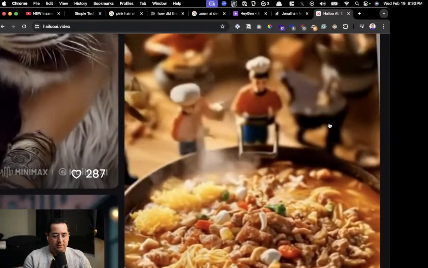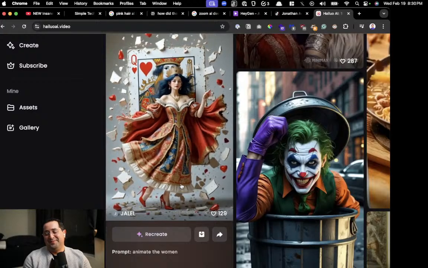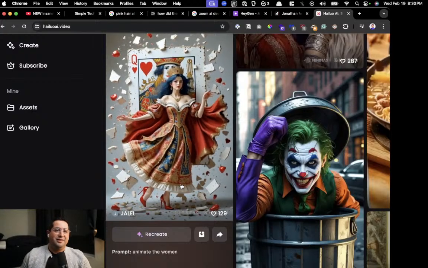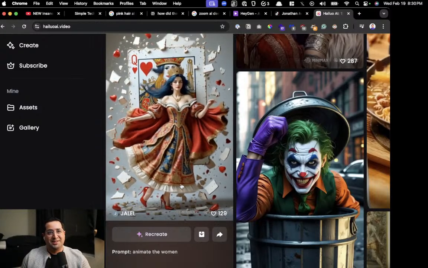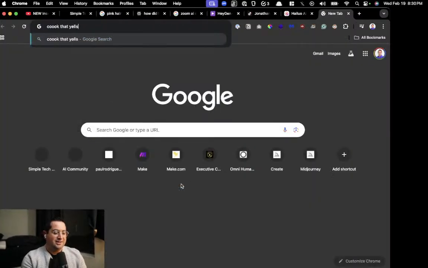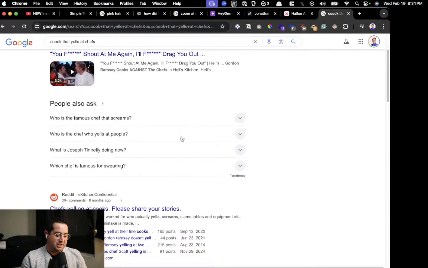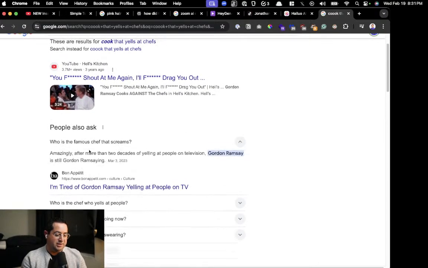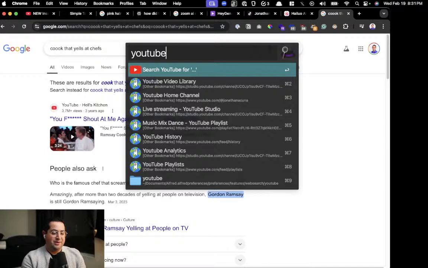You see some of the detail. These are wow. Have you guys seen the, what's the famous cook that wears blonde hair and always yells at people? They made a whole series of him on Reddit. Cook that yells at chefs. I can't spell chefs. Ramsay? No. Is it your head chef? Is it Dave Ramsey? Who's the famous chef? Or Gordon Ramsay? Okay. There's Gordon Ramsay, and then there's, if you go on YouTube, it's technically on Reddit.